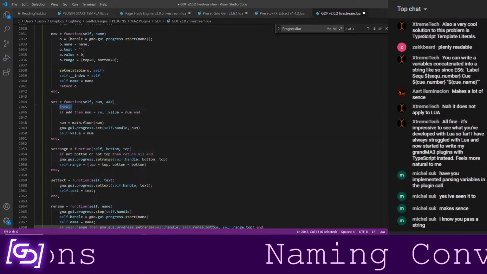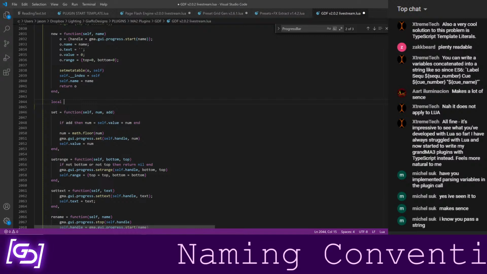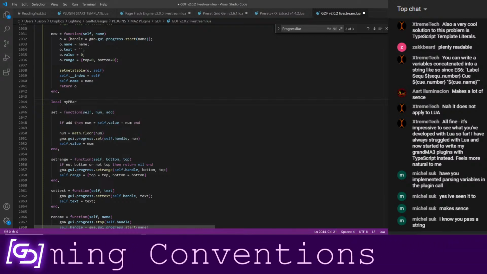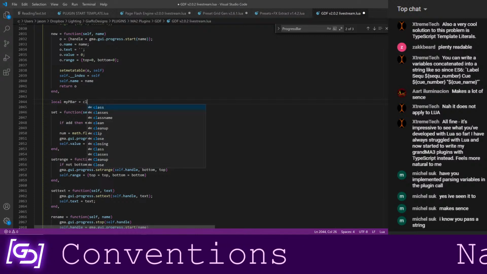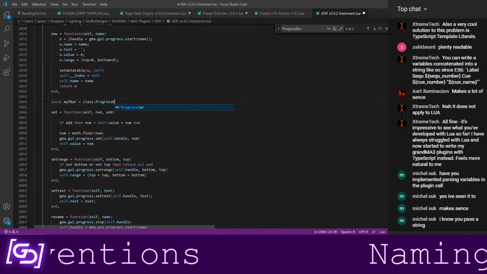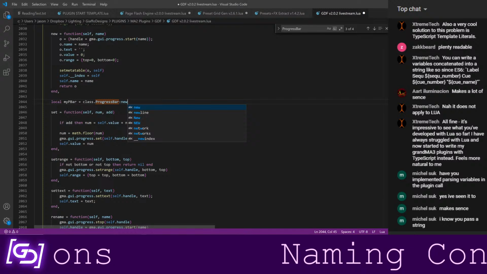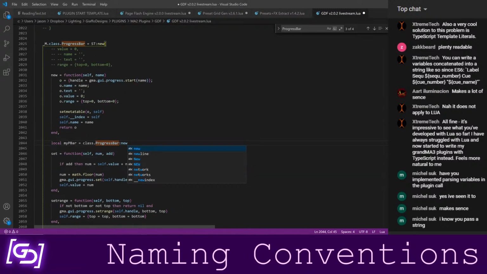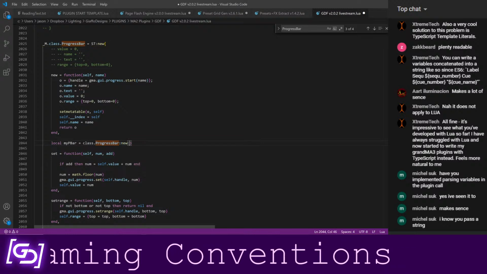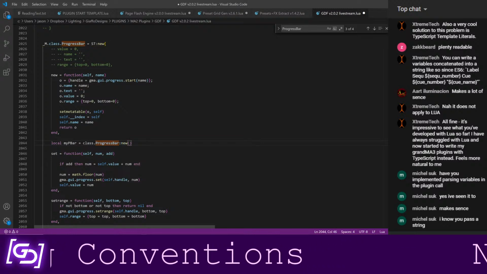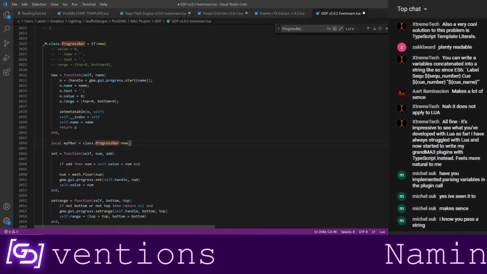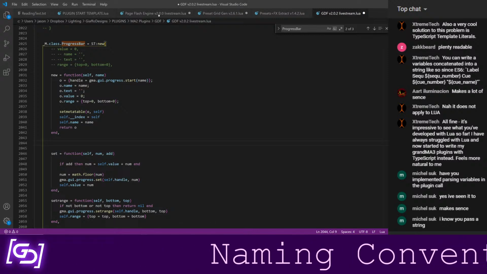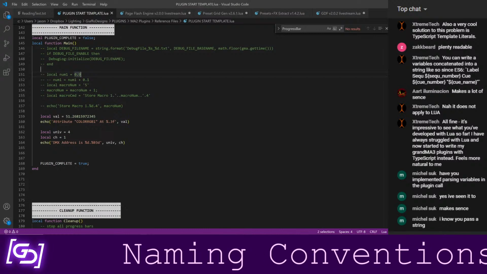this would not happen inside the function, just so we're clear. Maybe this will make it less confusing. My progress bar is class.progressBar new. And what's my constructor? Just a name. And I'll explain what's going on with this as I type some sample code here. I don't know why I'm typing sample code here. I could do it with an actual progress bar. Let's do that. Why aren't we doing that?